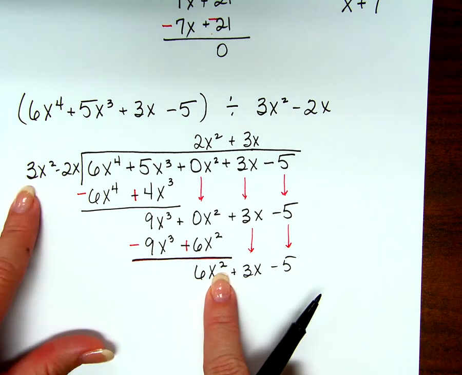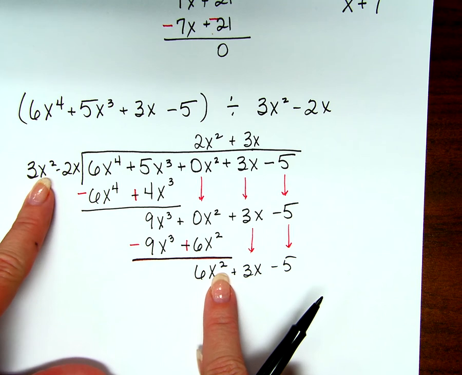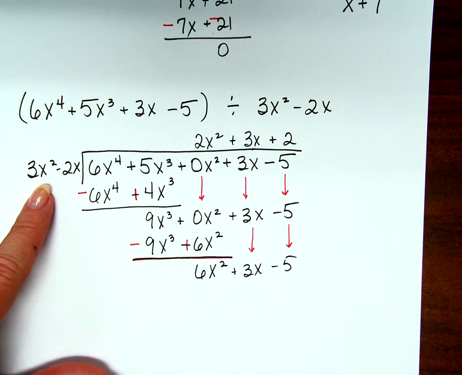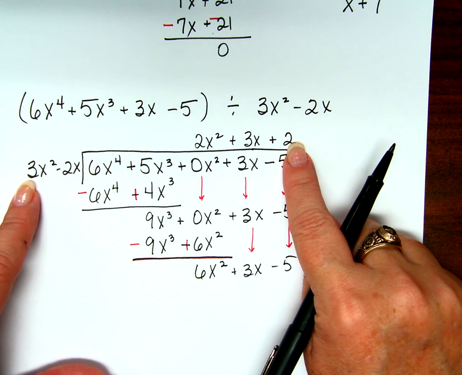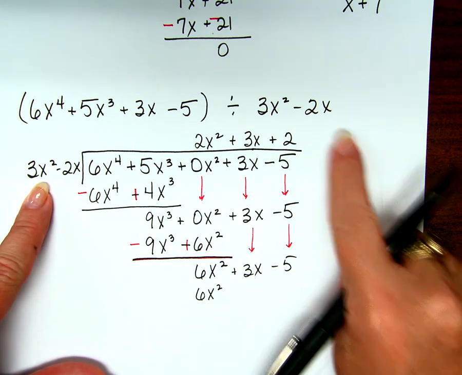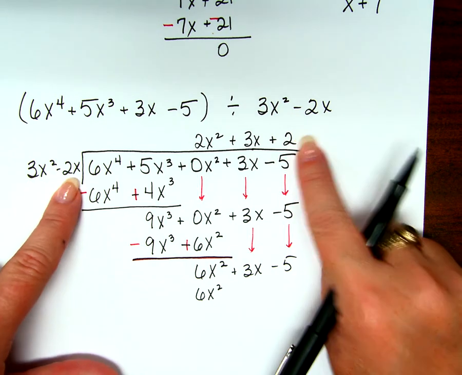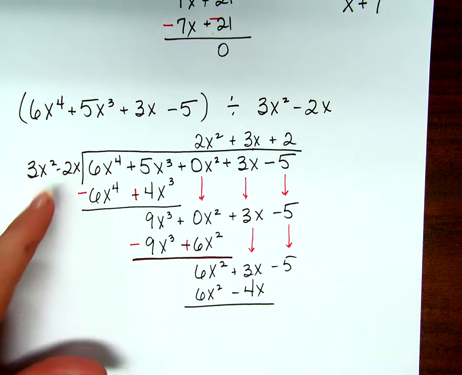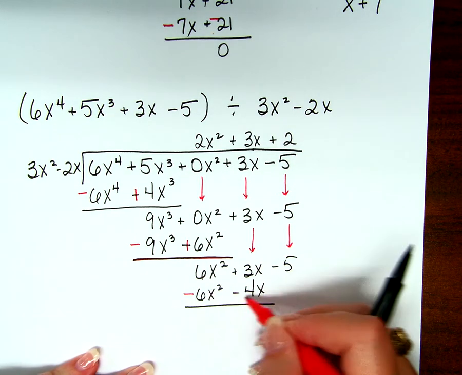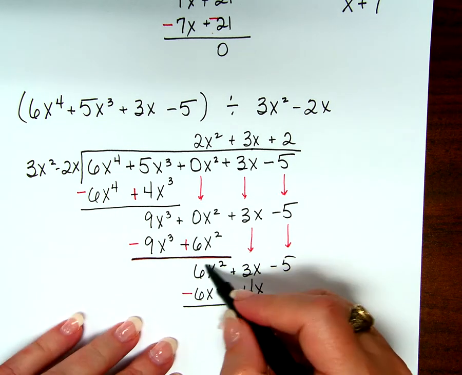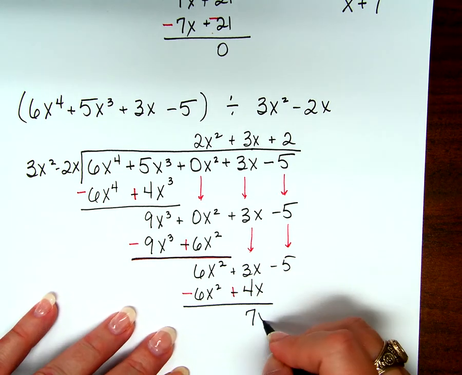6x squared divided by 3x squared, 2. It goes above the constant in the problem. Now I multiply. 2 times 3x squared, 6x squared. 2 times negative 2x, negative 4x. Subtract. This is 0. This is